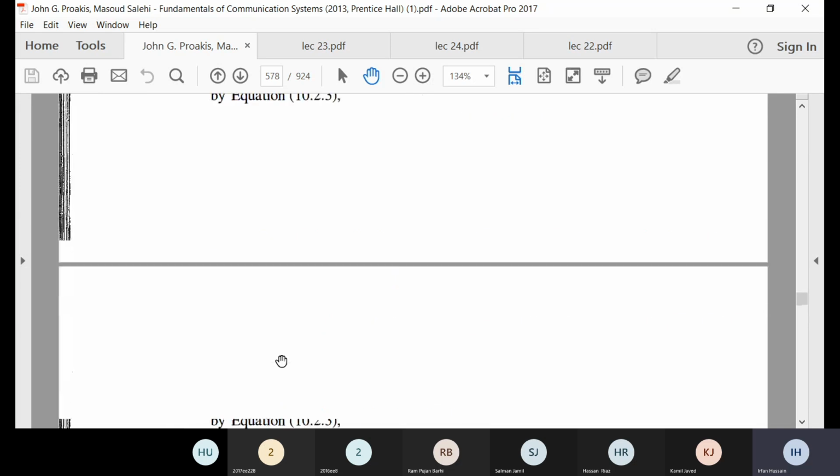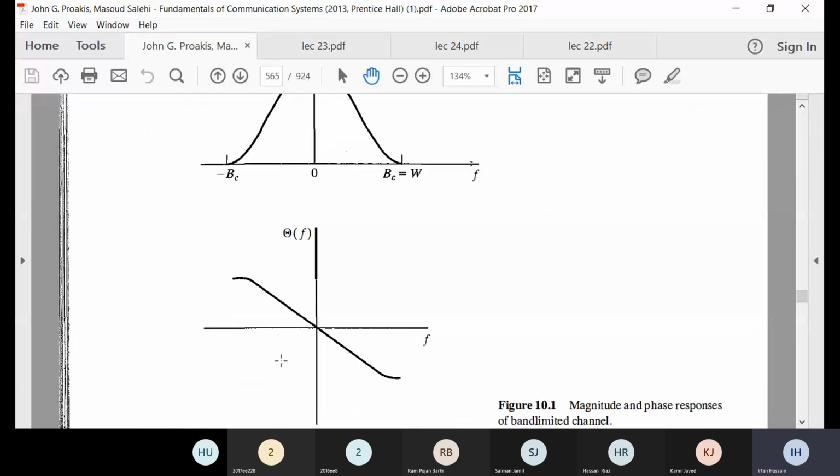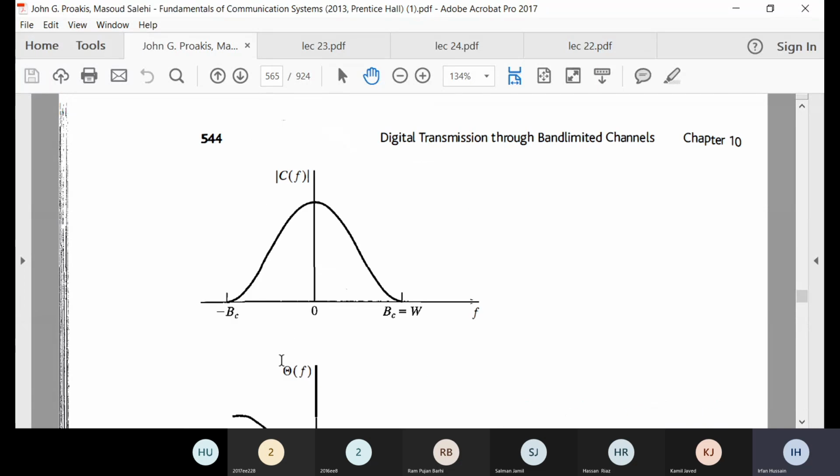First of all, in the book, when he starts this lecture here, you can see this very well, a conjugate symmetric